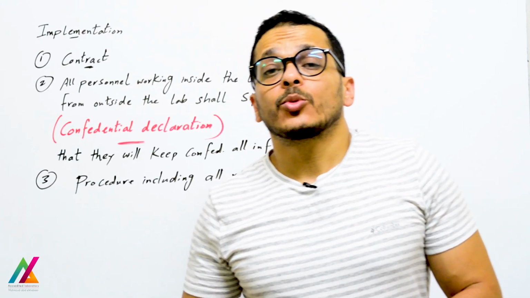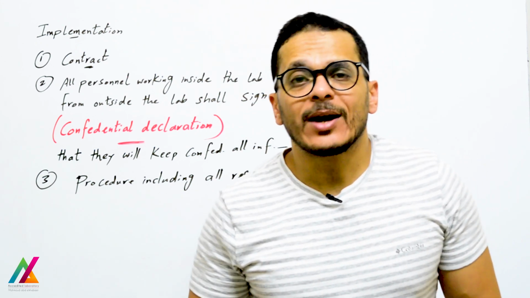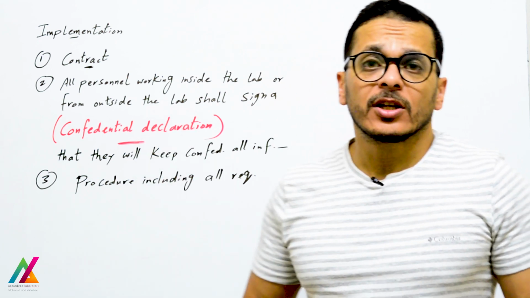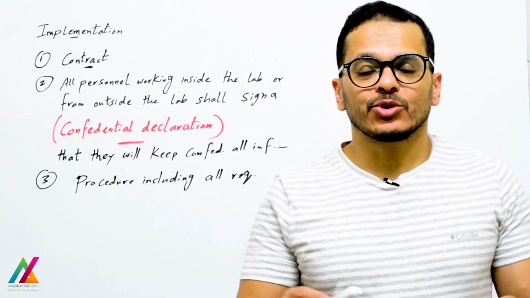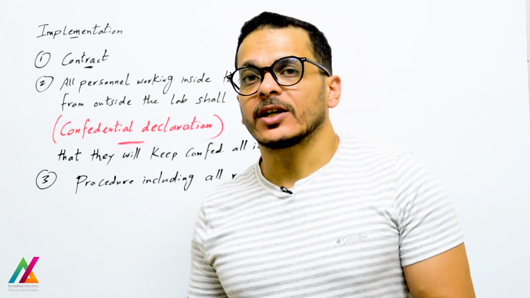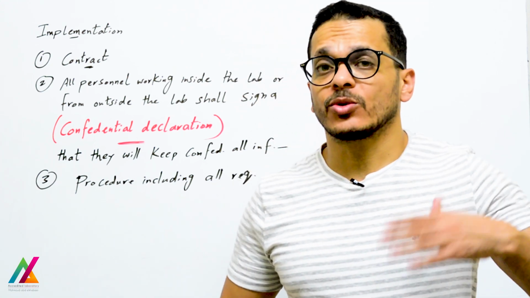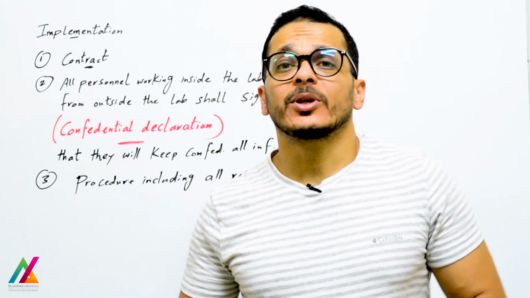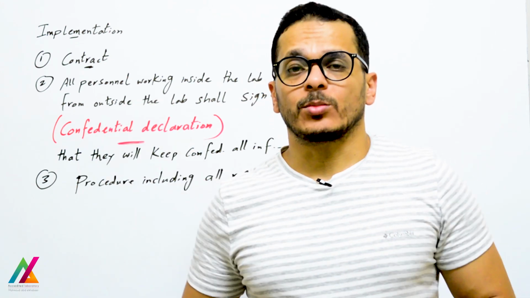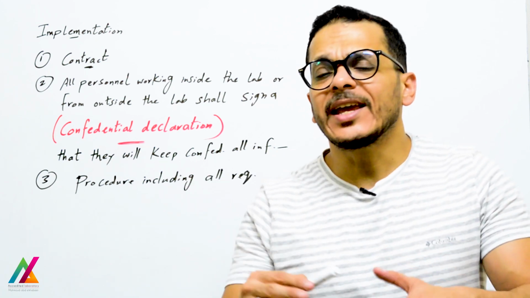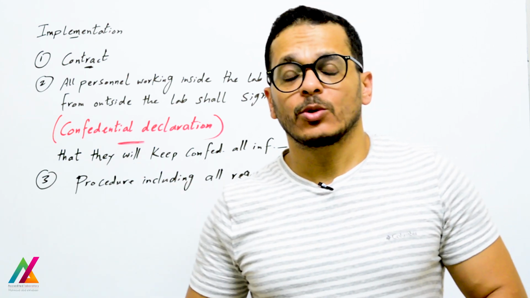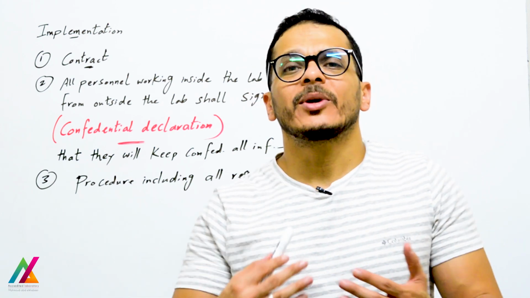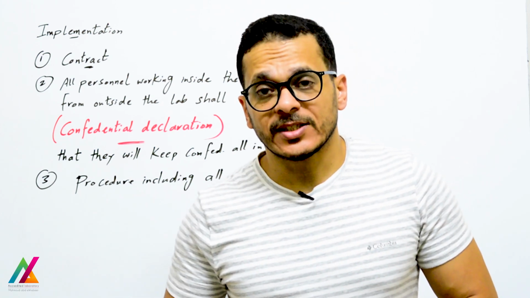The most important point in every lecture: how to implement this clause. Implementation. First point, you shall make a contract. As I told you, if you are working under government authority, organization, or other company, in this case you don't need to make a contract with the government because they are your customer, and you will analyze any of their samples. But if you are working in a private lab, you shall make a contract with the customer,